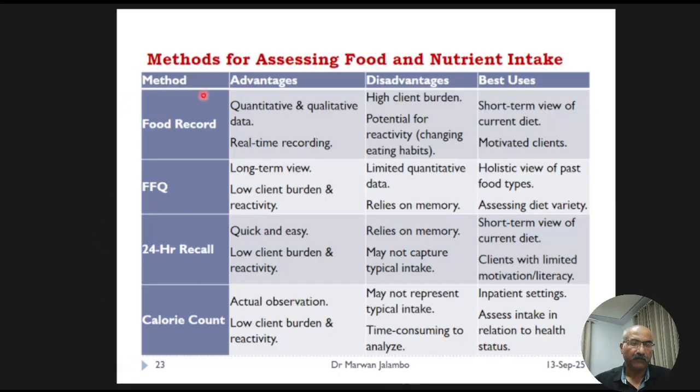So these methods: food record, food frequency questionnaires, 24-hour recall, and also calorie count. This table provides a great summary of these methods and the best uses for our primary dietary assessment methods. For example, food record gives excellent quantitative and qualitative real-time data, but has high client burden and can